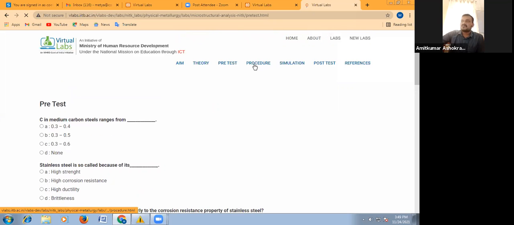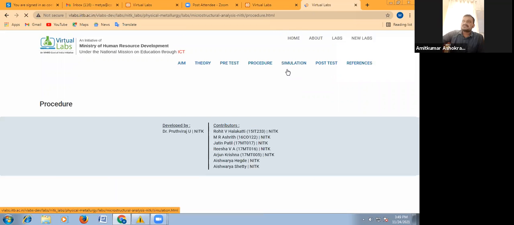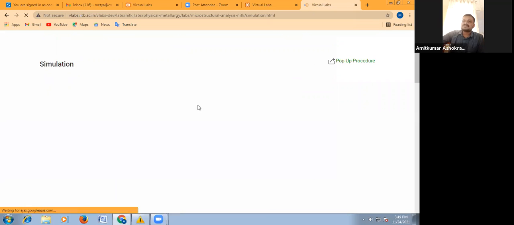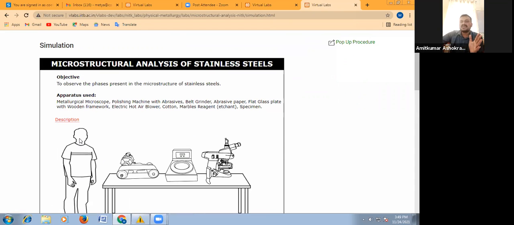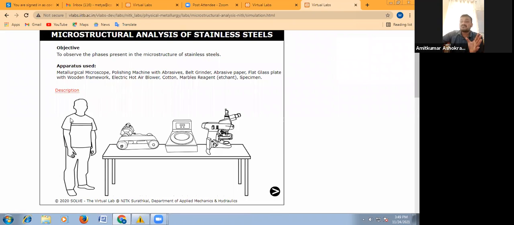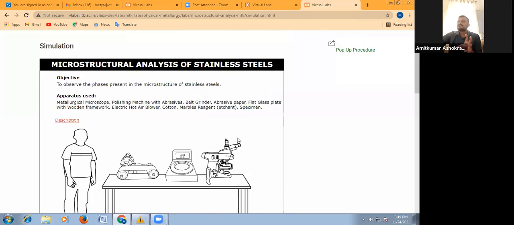After that, the procedure will be there. Then the simulation, which is whichever experimental work or steps you have to follow, will be explained with the help of some simulations. This I will explain.